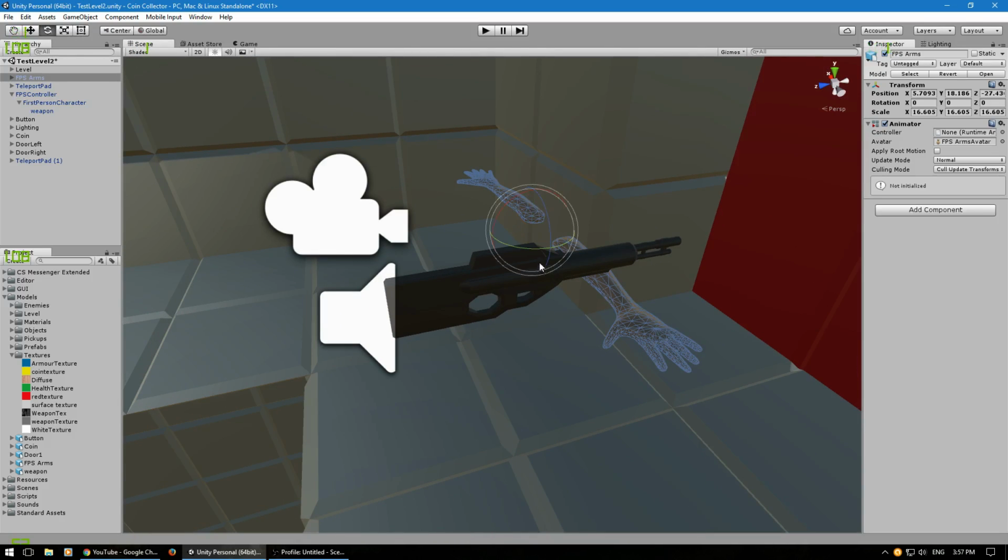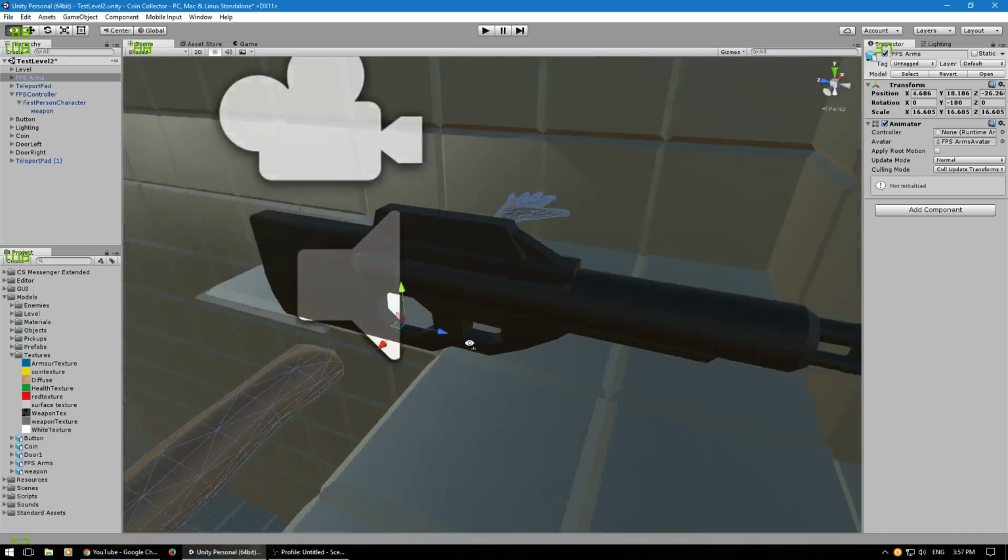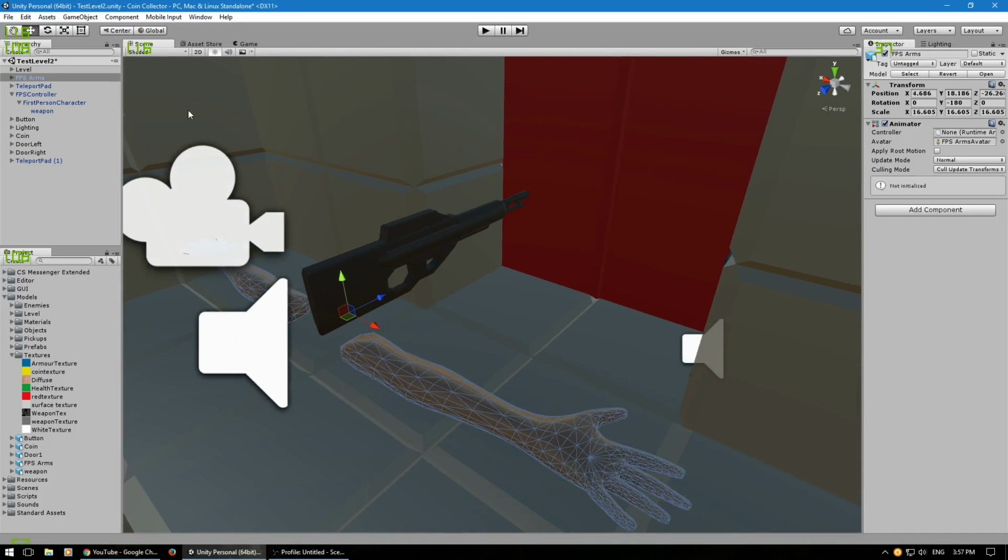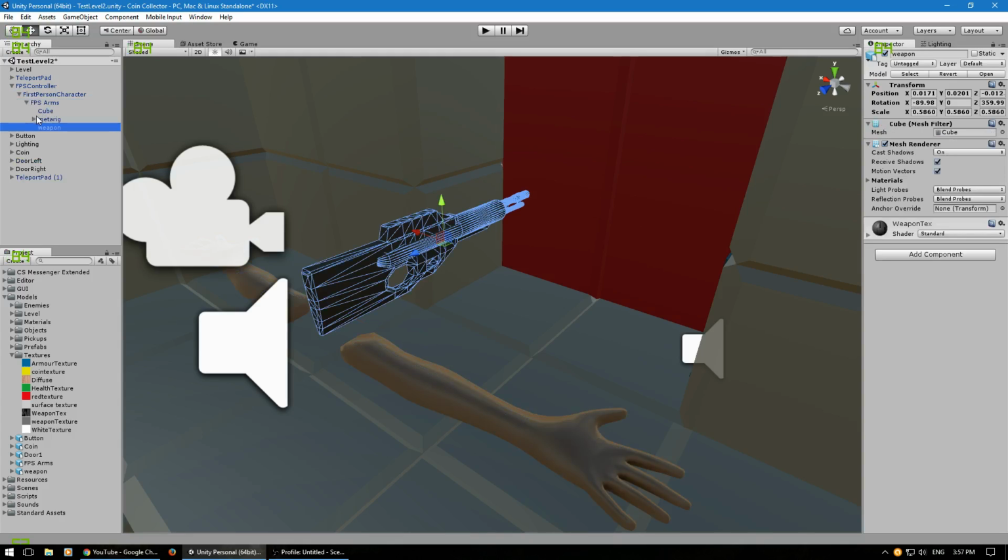Now these aren't the right way around, so what I'm going to do is rotate these. Try and get them centered a bit. There we go. And now in my FPS arms I'm just going to drag those onto the camera as well. I'm going to drag the weapon onto the arms, and